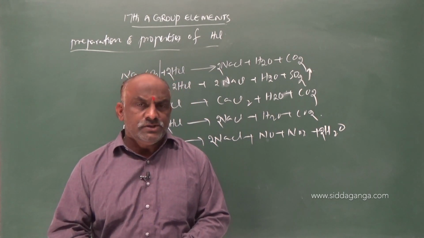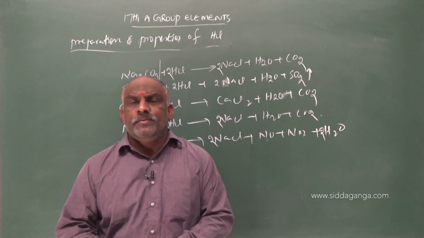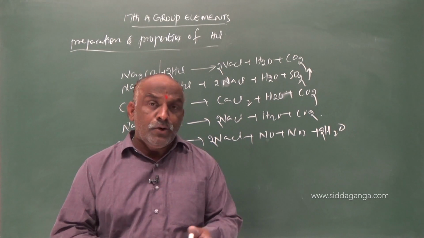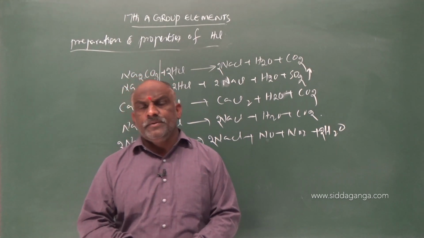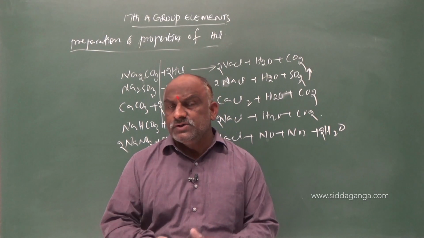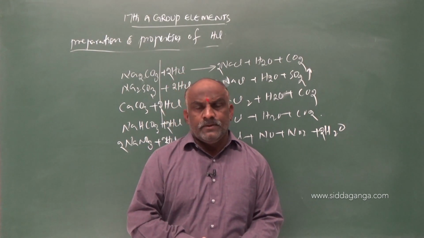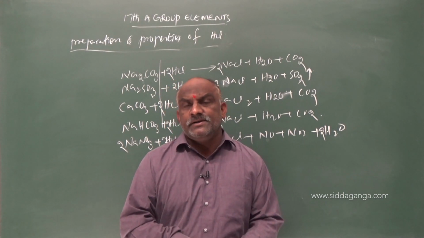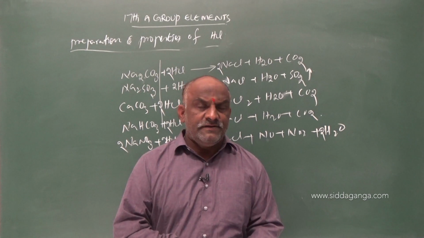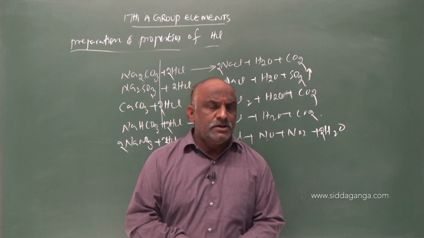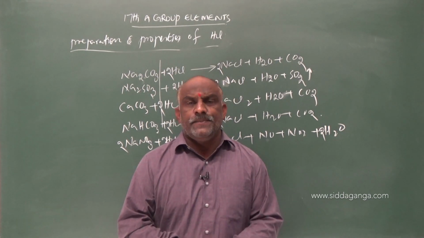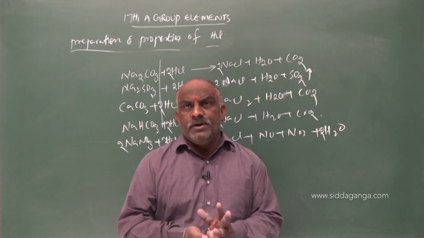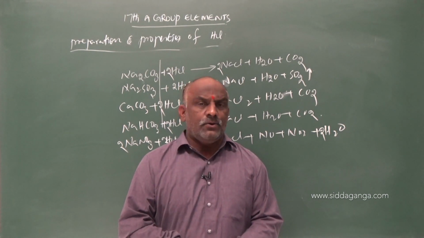What are the uses of hydrochloric acid? It is used in the preparation of chlorine, in the preparation of ammonium chloride, in the preparation of glucose from starch, and as a lab reagent. So these are the general uses you should read in the text. Clear? I hope you understood. This is the simple and brief information regarding hydrochloric acid.